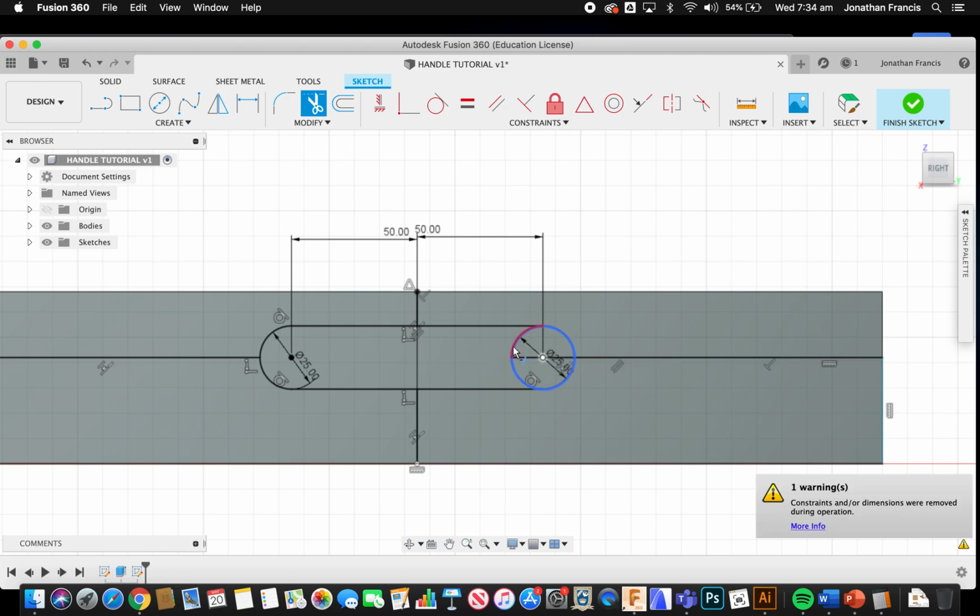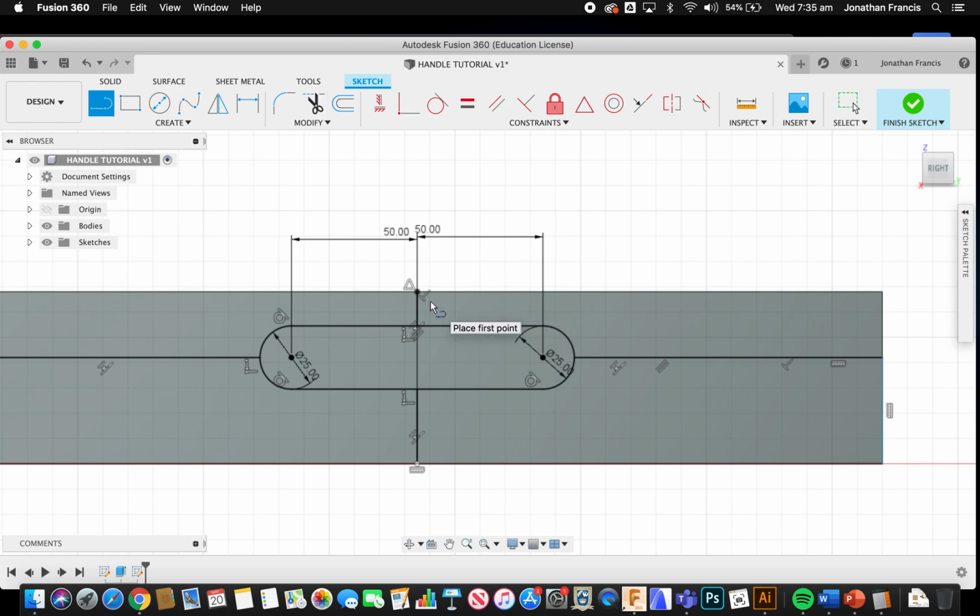out of here. We then have a nice symmetrical handle sort of piece, and we can then work on our shape to fill in this little area. Now we can use the spline tool for that, and again what I might do is simply put a line going straight up from the center of my circles to the edge, and we can trim these out later, but that's going to give me a really good point to start using the spline curve. So I'm going to select the spline curve, go from that point,